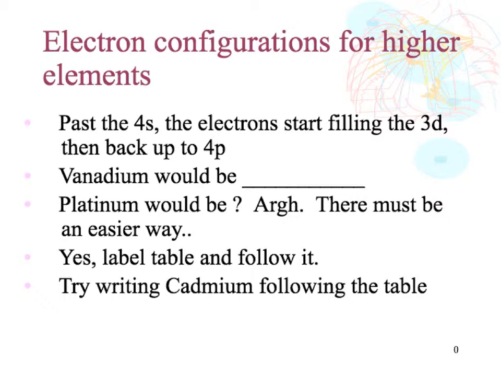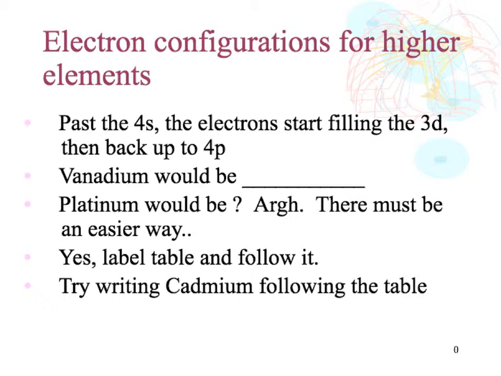Notice that f's have 7 orbitals, hold 14 electrons, and you'll count across here, you'll see there are 14 columns. It's perfect. Now, when you get to the end of the lanthanide series, you pop back up here, and now we're going to be at 5d. And we're going to count across. 5d to mercury would be 5d10, and then we're going to go to 6p. And 6p6 would be radon,